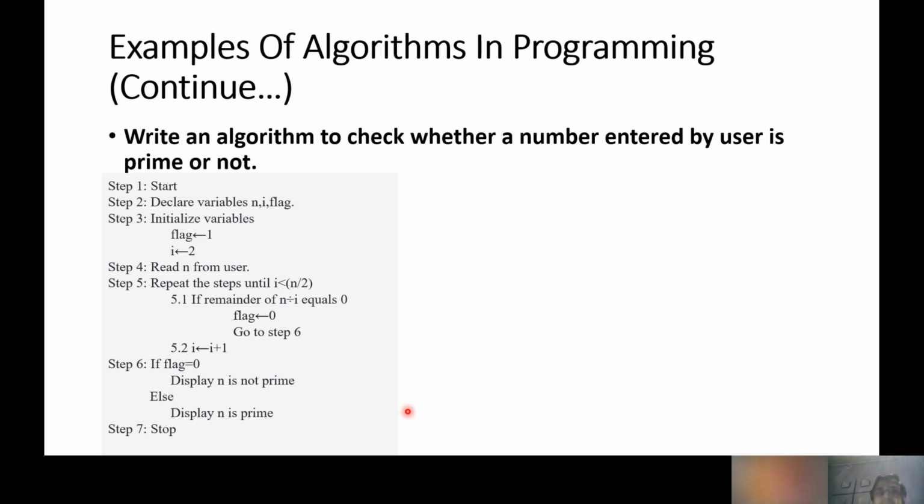Check whether the number entered by the user is a prime number or not. So now, what is the condition for a prime number? How can we identify that yes, this is a prime number or not? If the number is divisible only by the number itself and 1, that is a prime number. Right? Do you remember the definition? Yes, I remember.